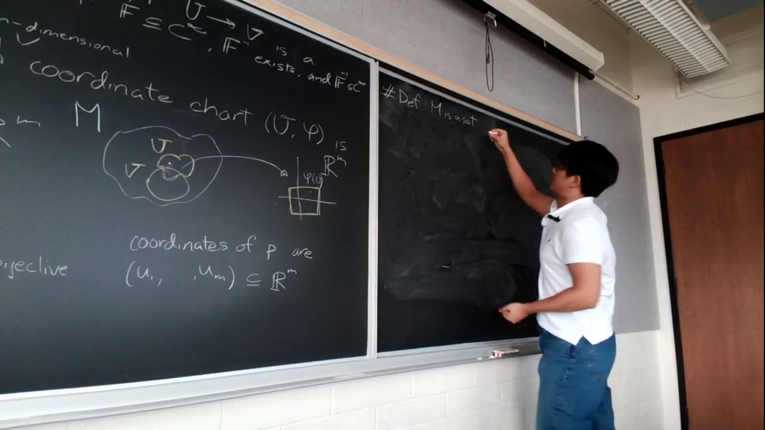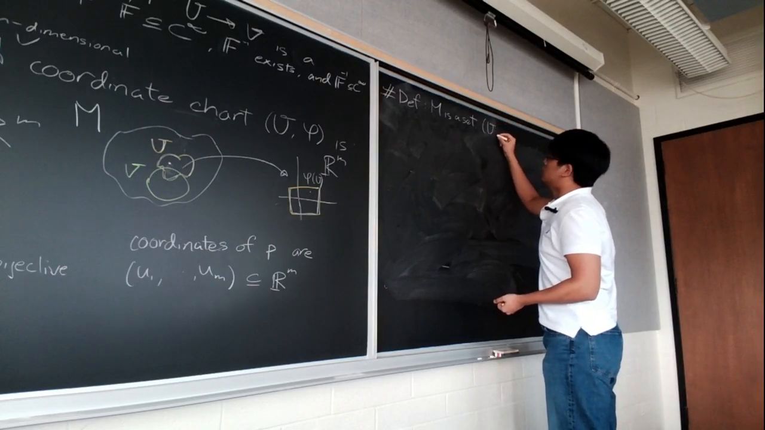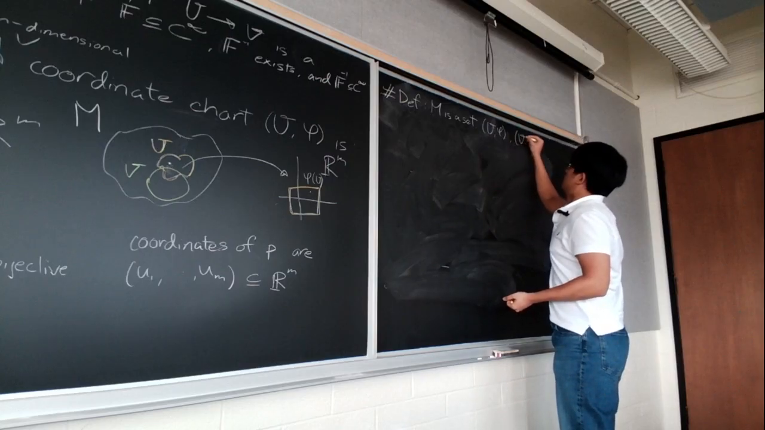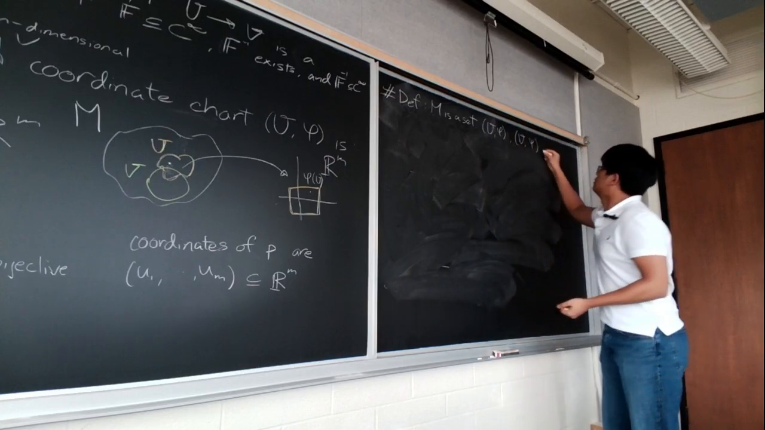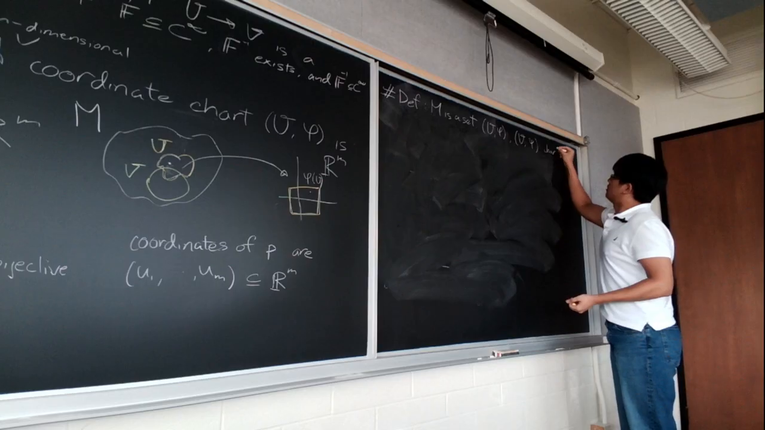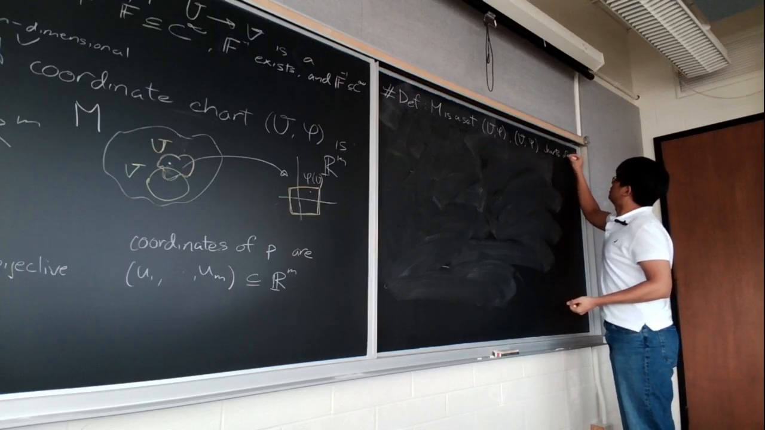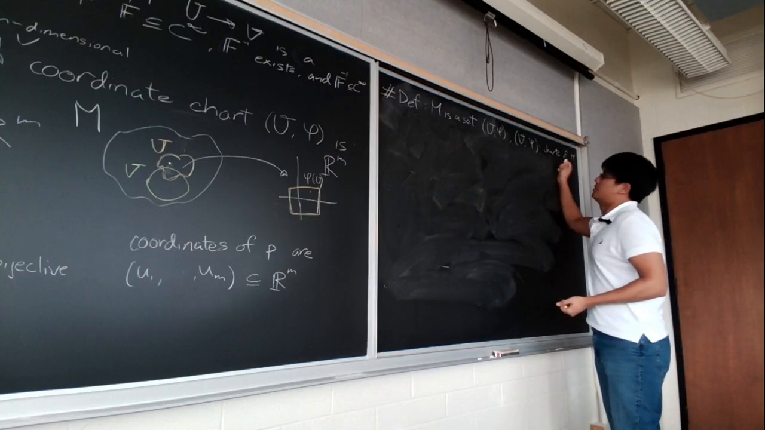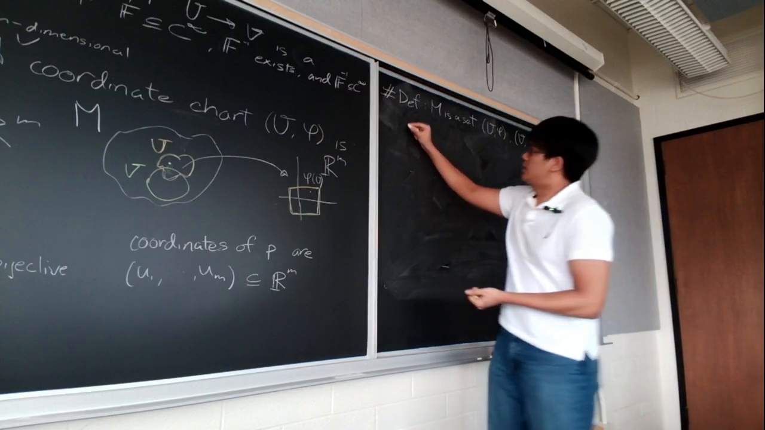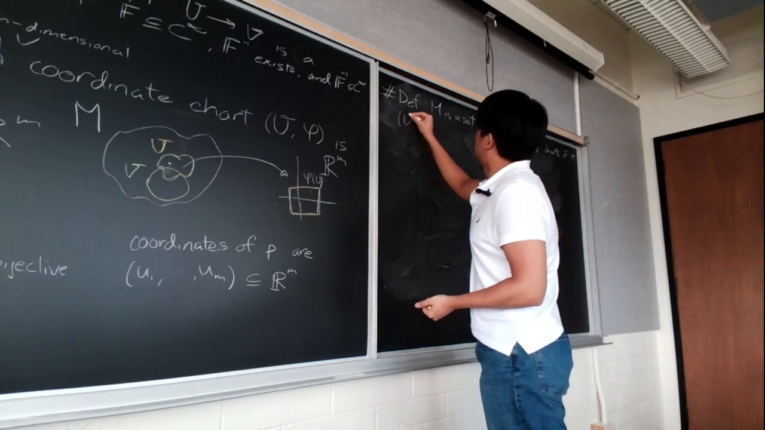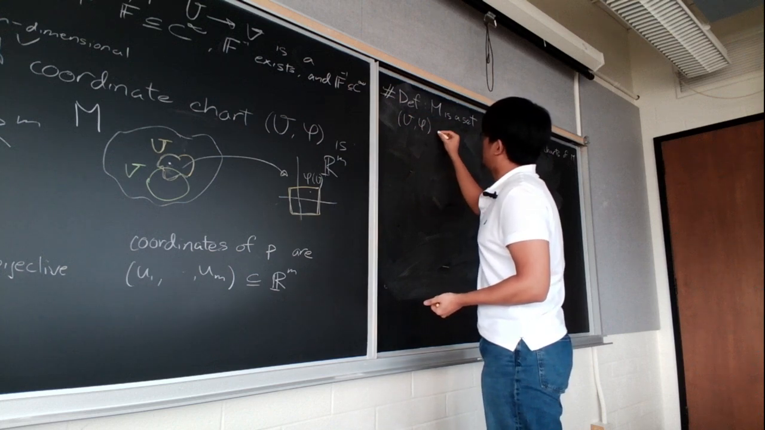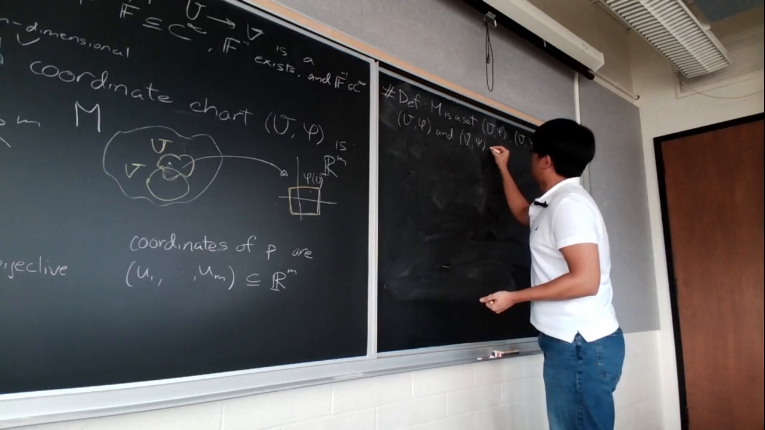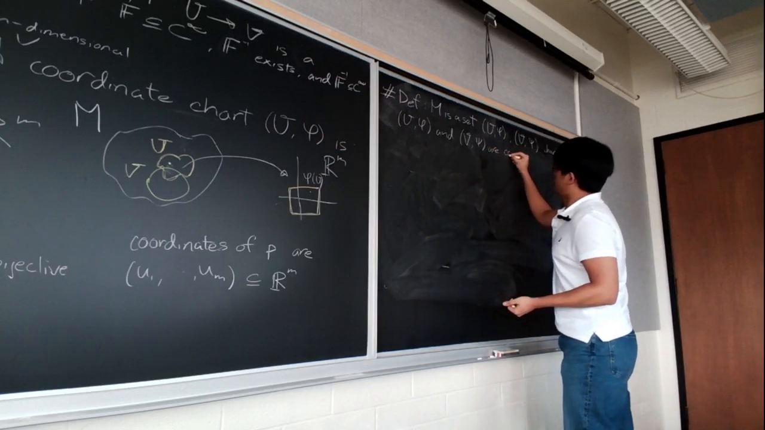Again, we start off with some set M, and we define some U, phi and another V, psi to be charts of M. M-dimensional, always just assume M-dimensional. We say U, phi and V, psi are compatible